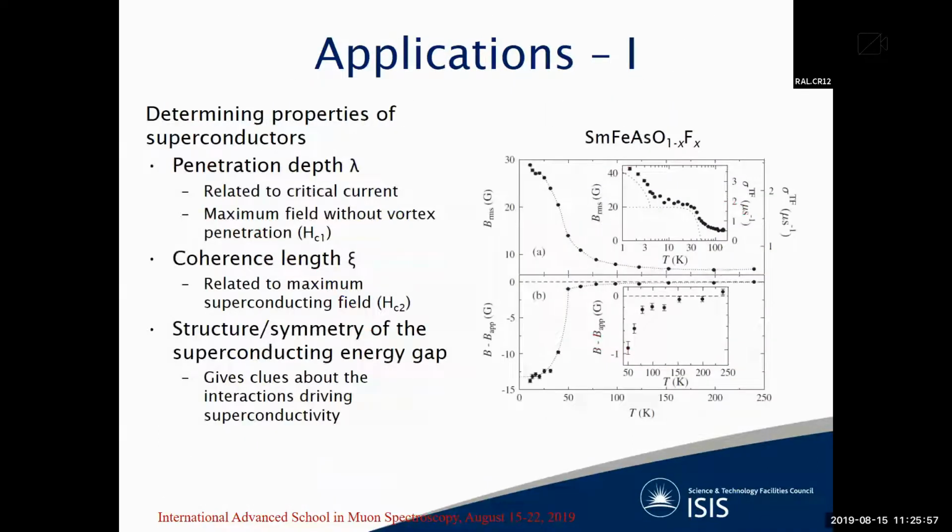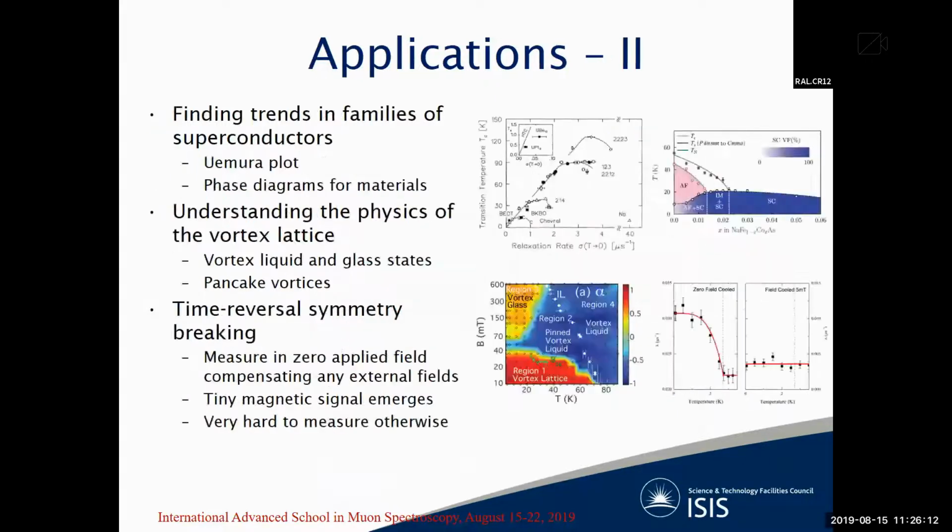And what we can do, as I mentioned, you can measure many different things. You can measure the penetration depth. We can measure the coherence length of the superconductor. We can measure the structure or symmetry of the superconducting structure, and many other things, like we can track the families of superconductors, like you can see whether they fall into the conventional type of superconductivity or more unconventional